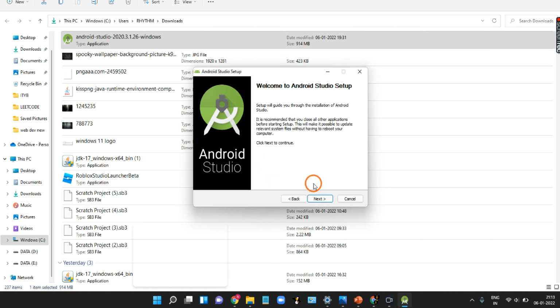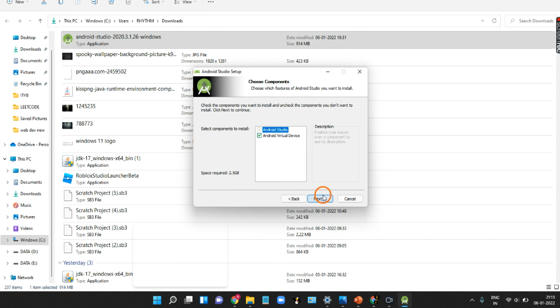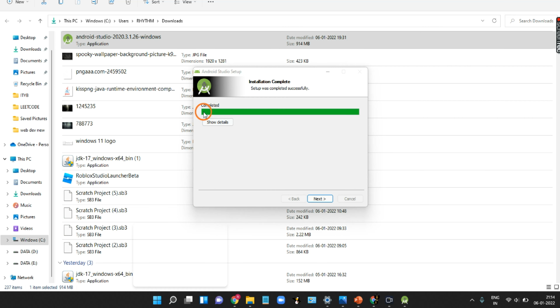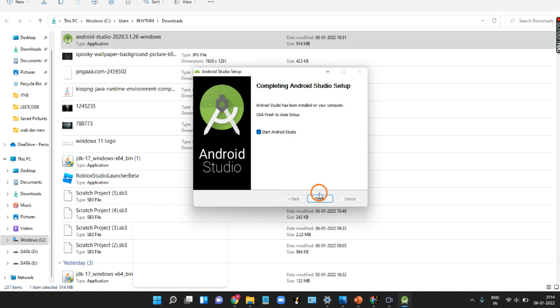Now you just follow these steps. Click on next, next, next. You can uncheck this checkbox if you do not want the Android Virtual Device, but I want it, so I'll not uncheck this. Now click on next, next, next. Once this is completed, just click on next and then finish.